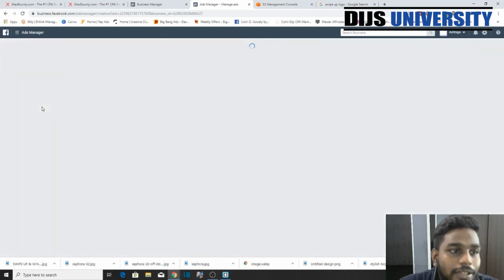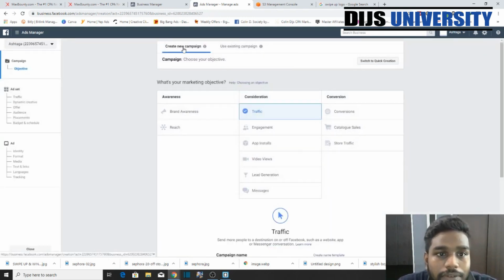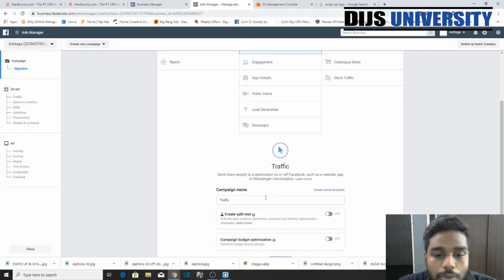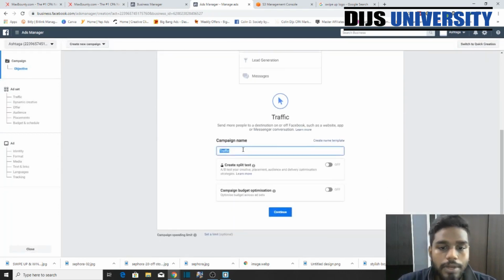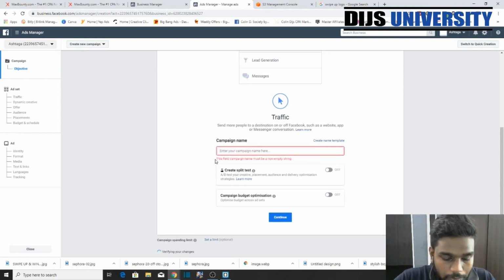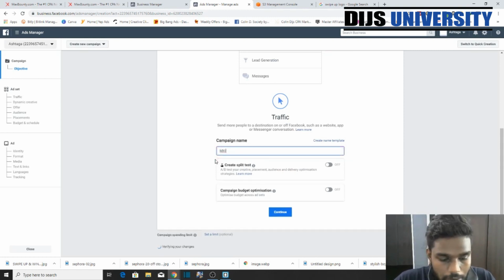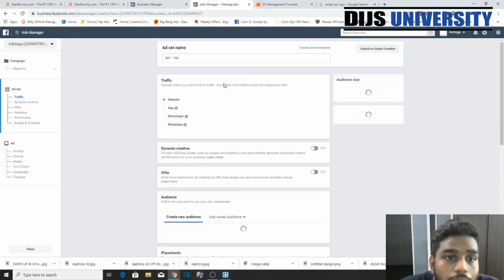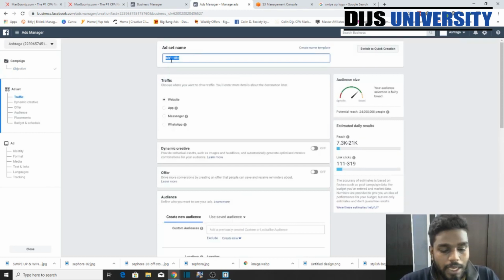So we go create ads, create new campaign, traffic, just name your ad over here. What are you gonna name your ad? Just gonna put it, for example, MaxBounty Singapore Sephora. So don't press anything over here, continue. Ad set name would be Singapore Sephora,